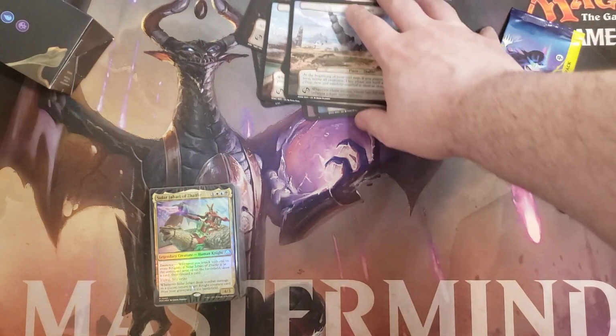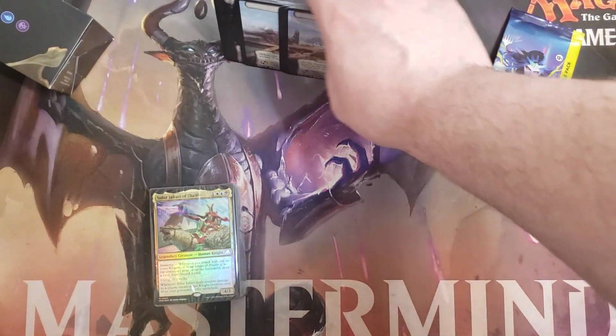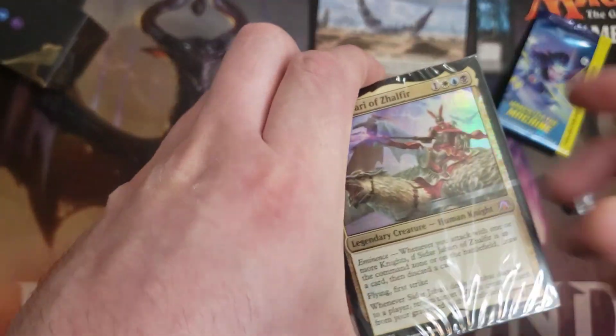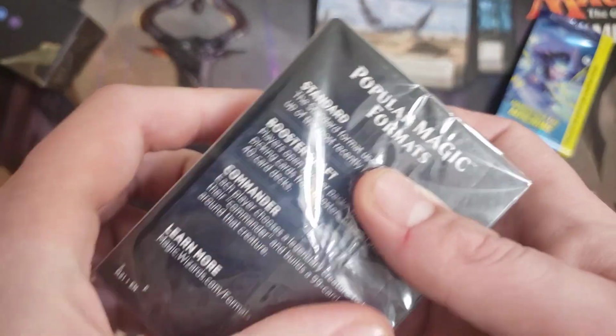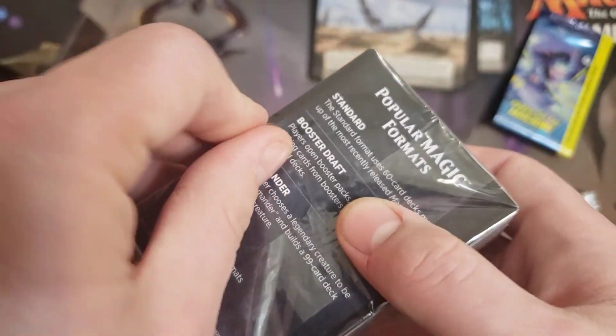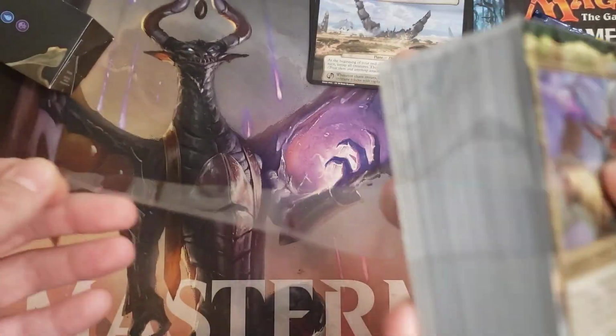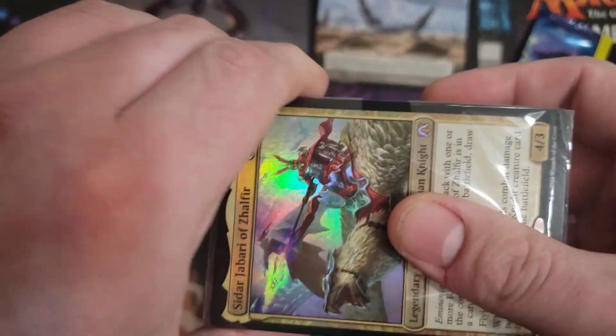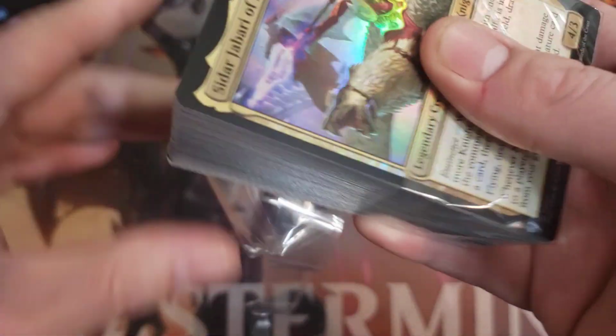Again, there are 5 reprints and 5 new ones in each of these, and we'll take a look at all of them as we open them up. Now we're going to take a look through the actual commander deck. Read over the new cards, kind of see what sweet reprints we got in this. I believe this one is the most valuable of the 5 as far as the reprint value and with new